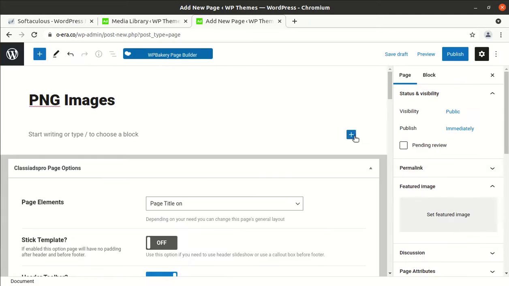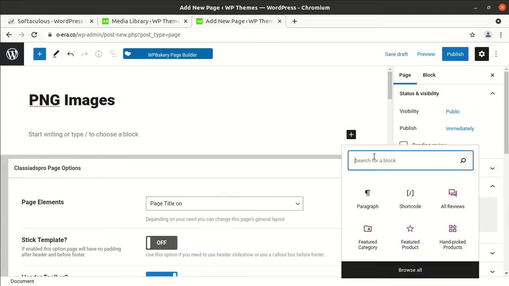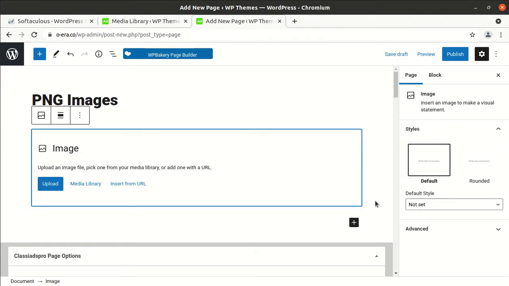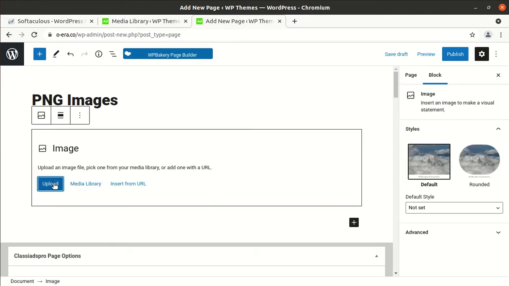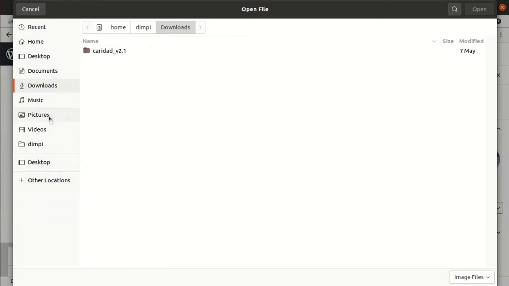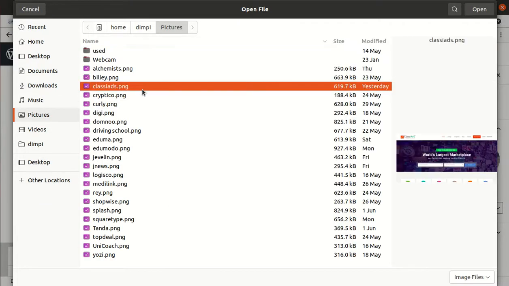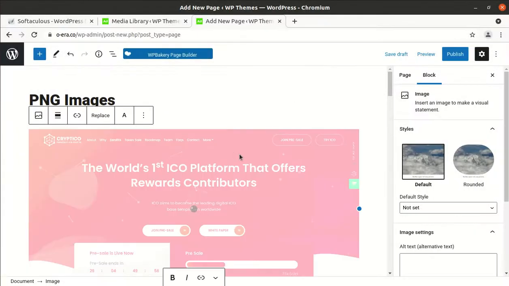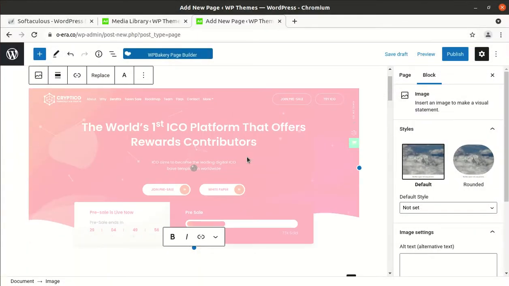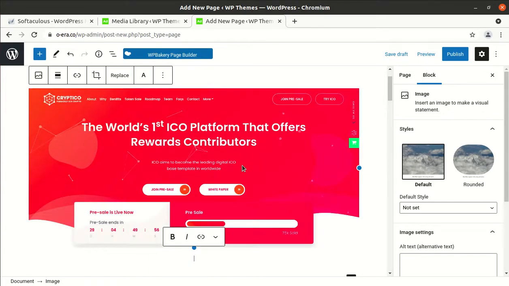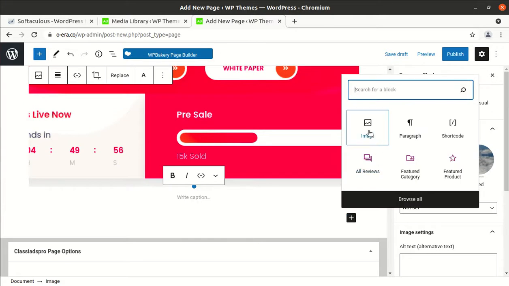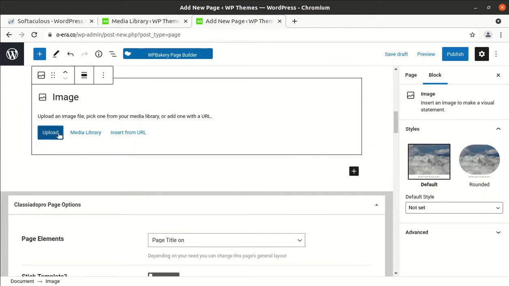Okay, so I am adding some images. You can check the image. It is very simple. I am uploading some images from my pictures. I want one of these. And it takes time to load a PNG image on your page.